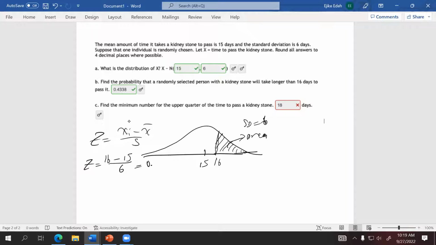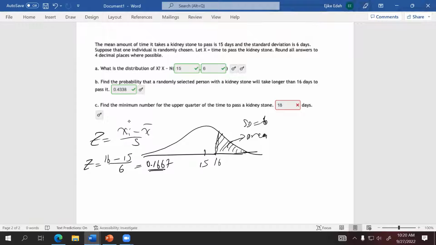Zero point 1667. Again, thank you. Anybody getting something different? So that is your Z value. And so again, you are on the Z space. You want to change it to the number of days. So in terms of days now,